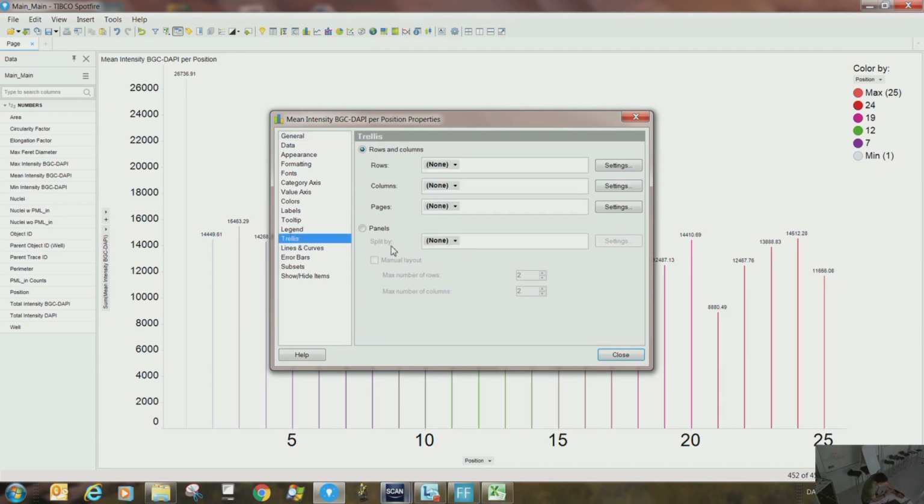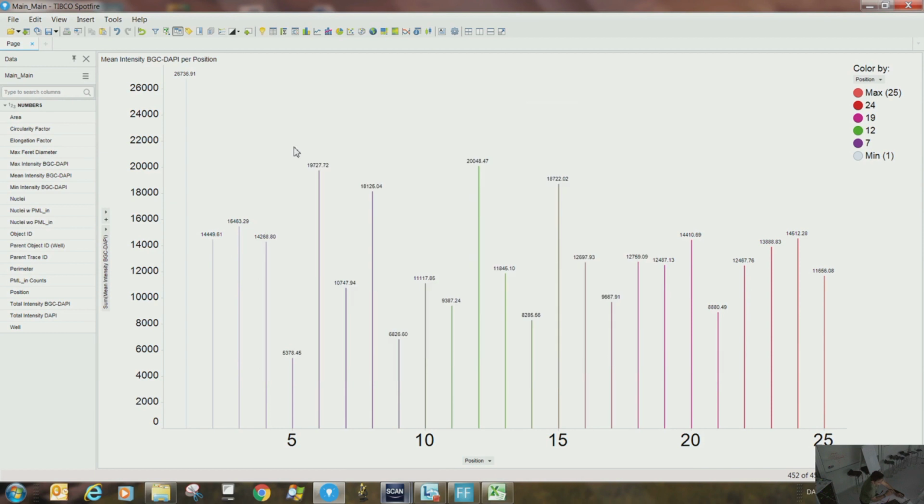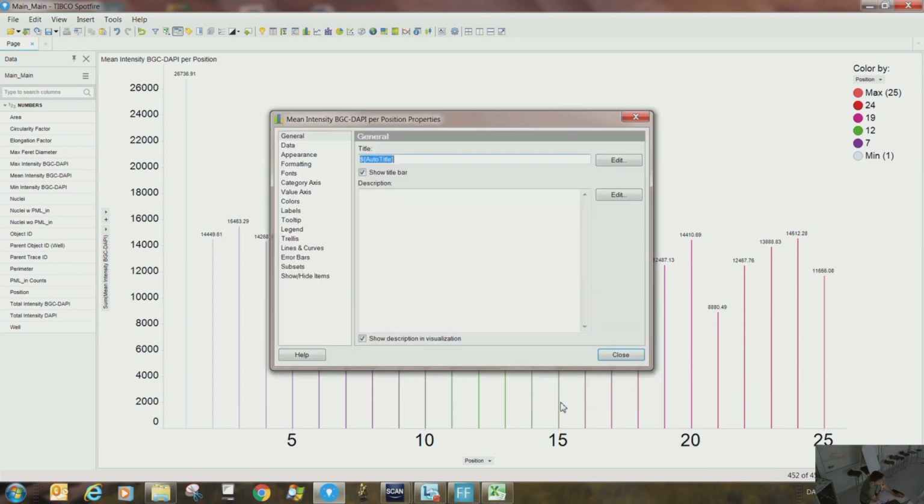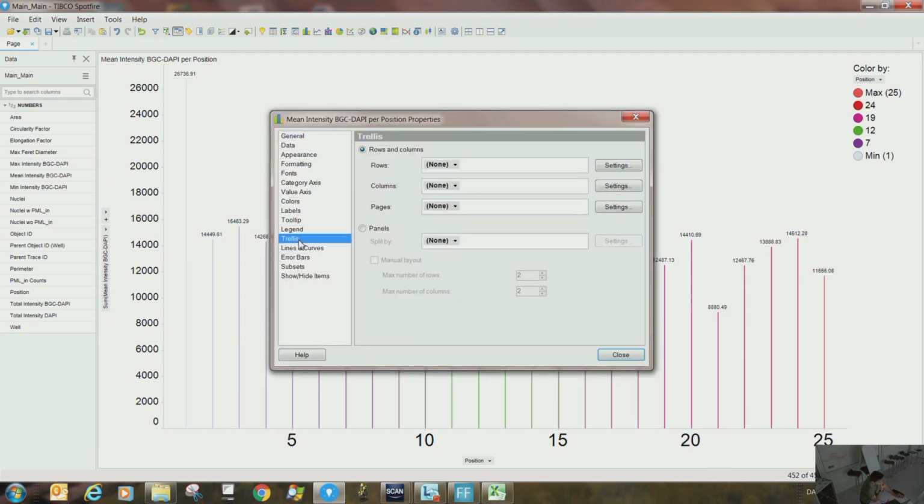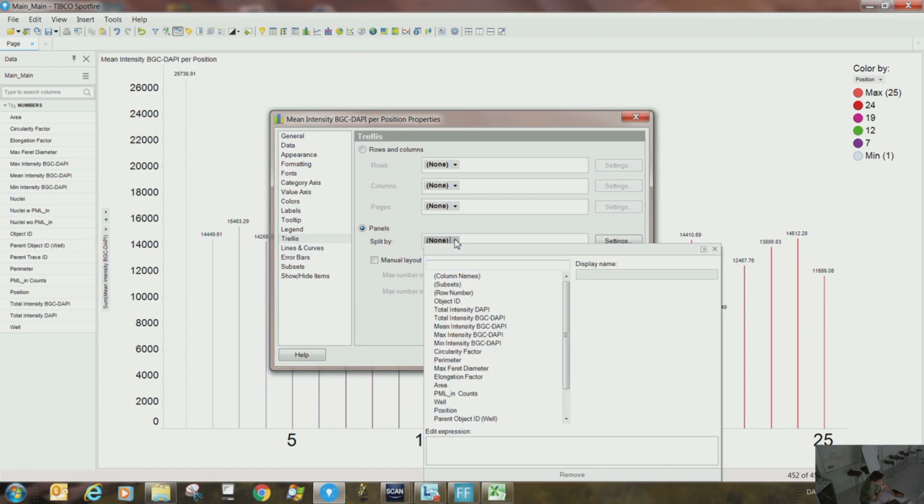Trellis. Okay. So this is one plot, right? And if you're interested in looking at the similar plot but stratified by some particular number or some particular criteria, that is called a trellis. Okay. So maybe, for example, this is not a good example, but if you go back to this world example, maybe you are interested in this bar chart by region, but stratified by different countries. Then you can actually right click, go here, and in trellis, say panel, I want to stratify this chart based on,